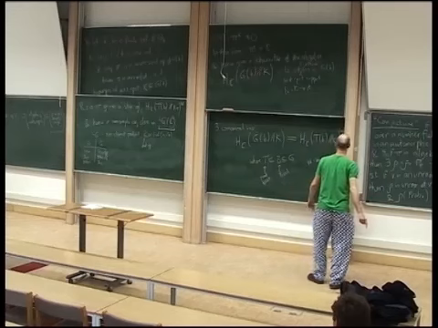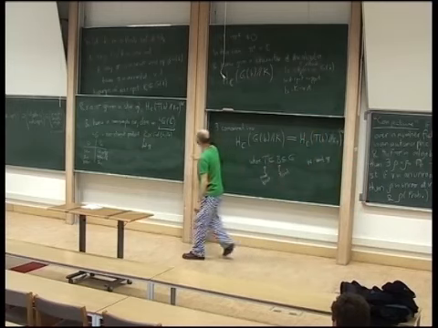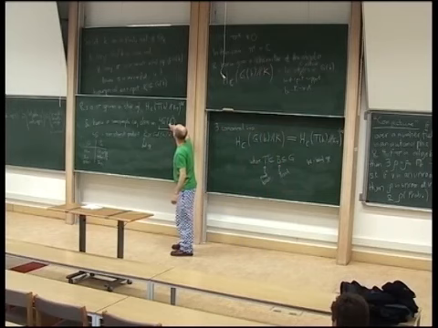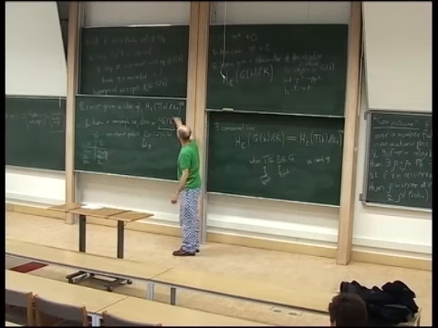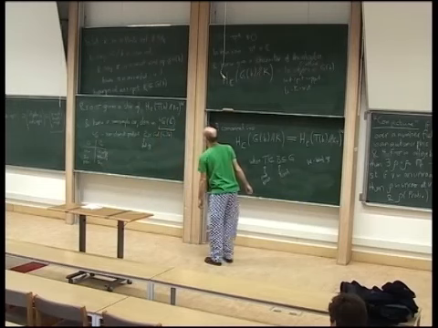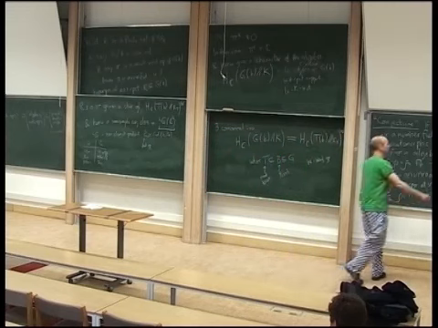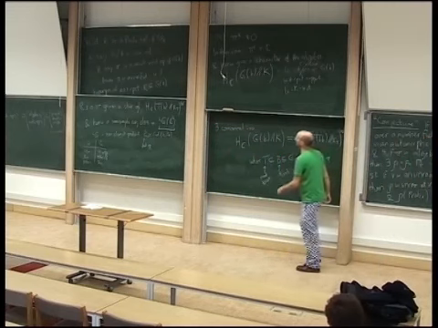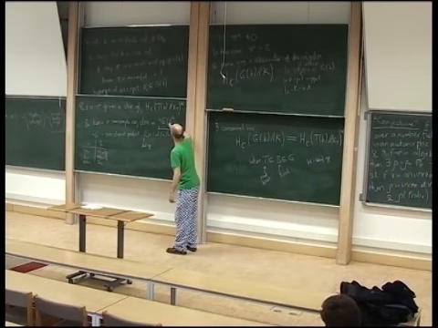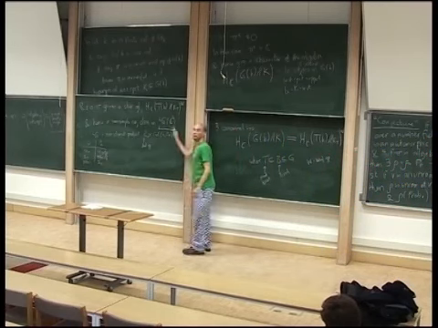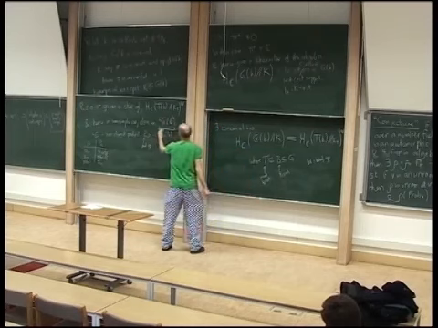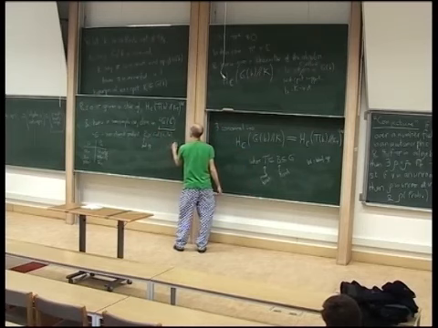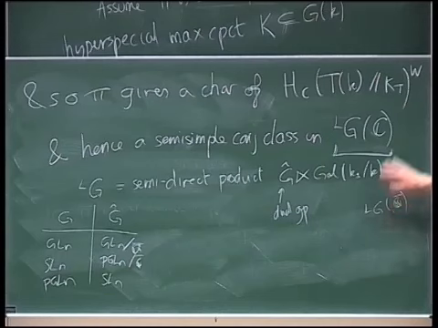So now let me raise a little bit of a worry in that this genuinely is the complex numbers. The story that pi is a complex representation, and this yoga gives you some complex conjugacy class in here of elements with complex numbers in, and I want to talk about them as being p-adic numbers. So it wouldn't be very good if they were transcendental, because then I don't really want to fix an isomorphism of C with QP bar, because that seems a bit pathological. I need my semi-simple conjugacy class to be in Q bar, right? That's what I'm after, because if it's in Q bar, then I fixed